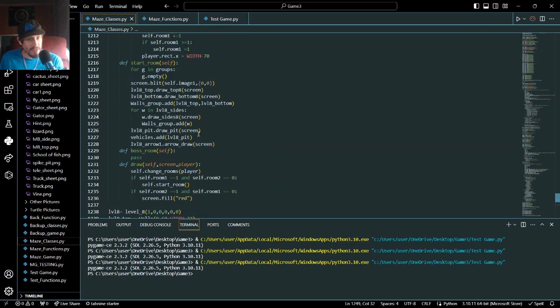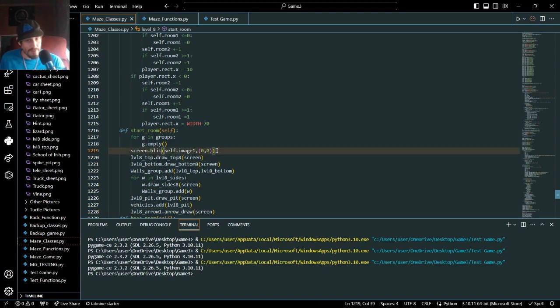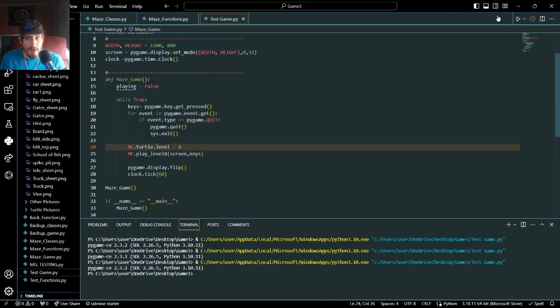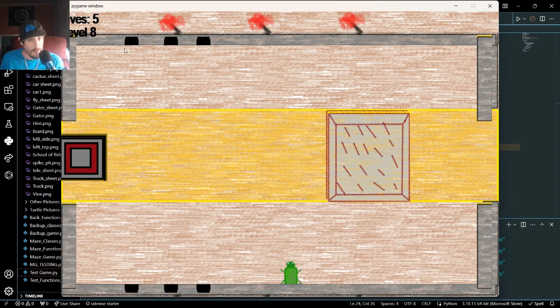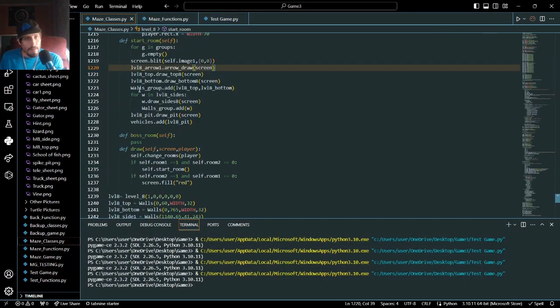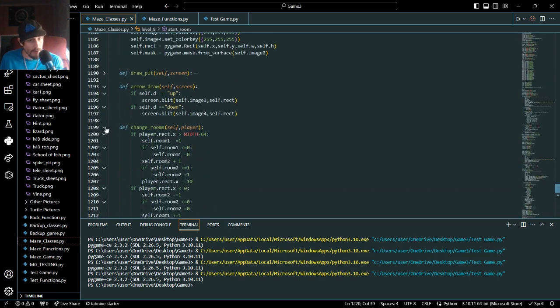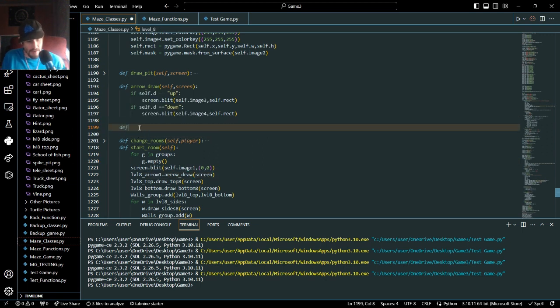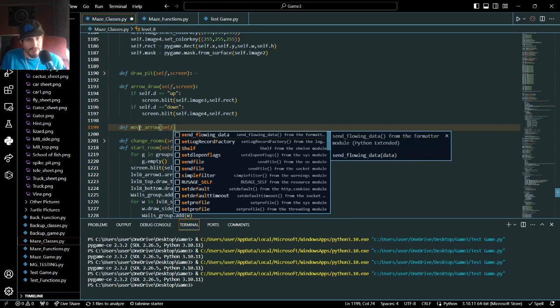All we need to do is draw the arrow before we draw the top of our screen. So if we put it up here, now it should be under the wall, so it will look like it is coming out. But we also want it to move, and we also want it to have collision. So we will just make a function for move arrow, and it will just take self,